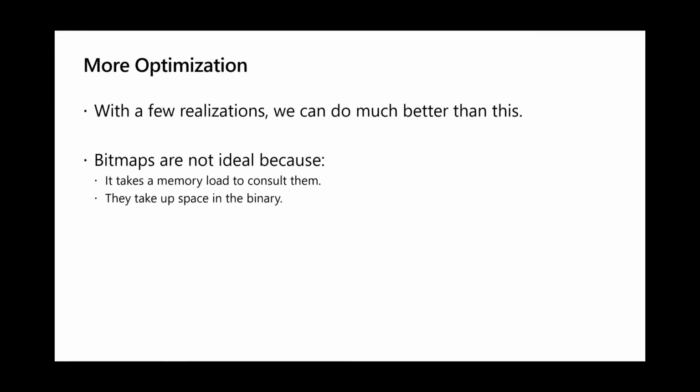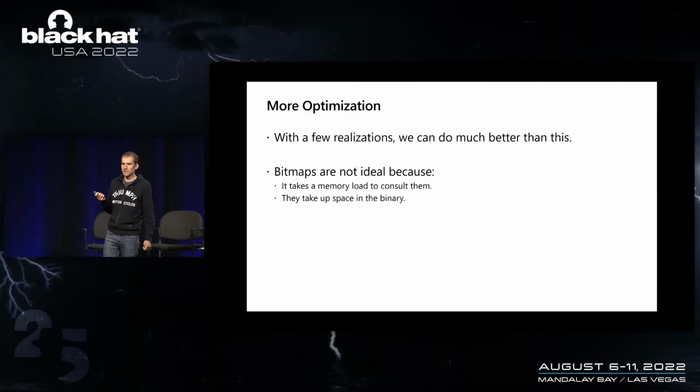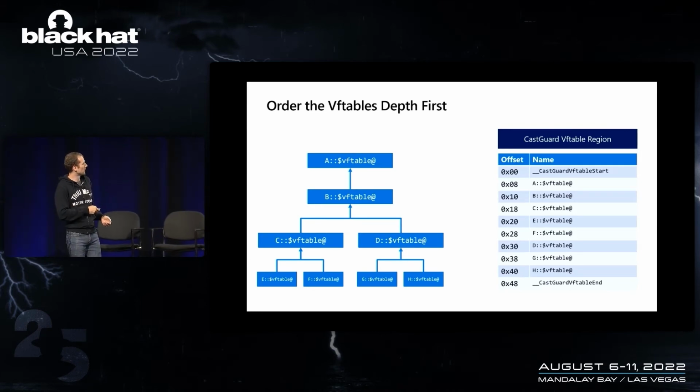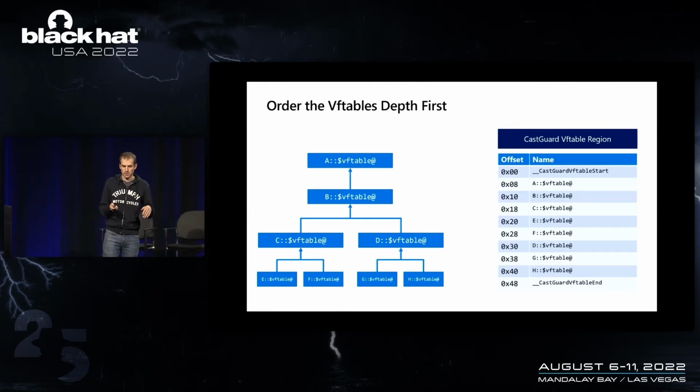But it turns out we can actually do even better than this. The bitmap is still not perfect because the bitmap requires an extra memory load that you're doing. And it's a memory load that might be in memory that isn't super hot. So it could take time. Okay, so if we want to do better, then instead of laying the vtables out using just a random ordering, we're actually going to lay the vtables out using a depth-first ordering. So it's kind of like a depth-first search, I guess, but we're not actually searching for anything. But you lay out the A vtable and then the B vtable, C, E, go back up, F, go back up to B, D vtable, G, and then H. So we lay the vtables out in this order.